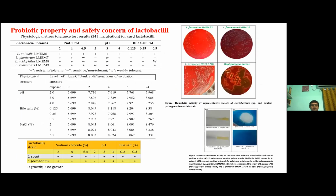So now we have to see how these are probiotics. Why will we call those probiotic? That means we have to justify or authenticate the probiotic features of isolated lactic acid bacteria. So we performed different tests such as physiological stressor tolerance tests, pH, because a probiotic lactic acid bacteria, when you